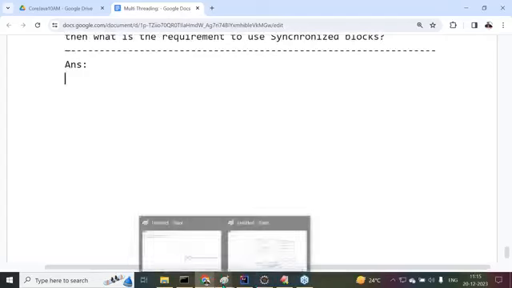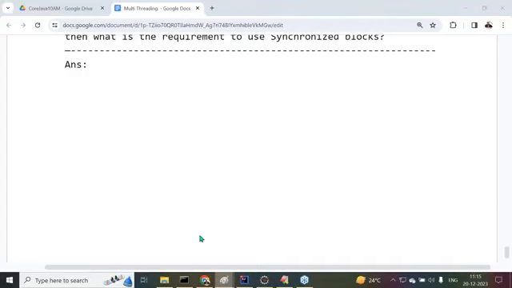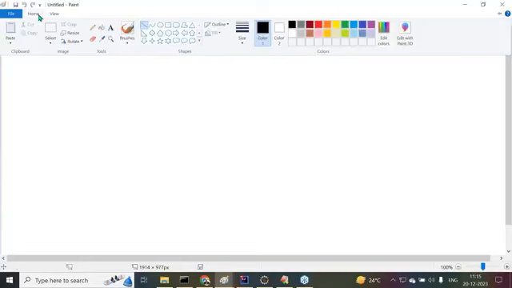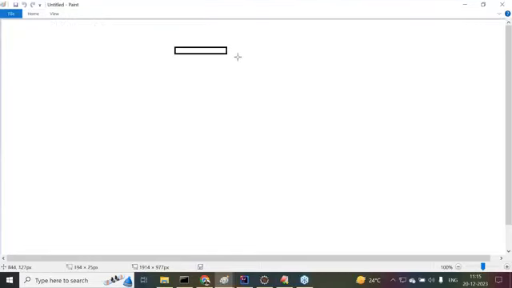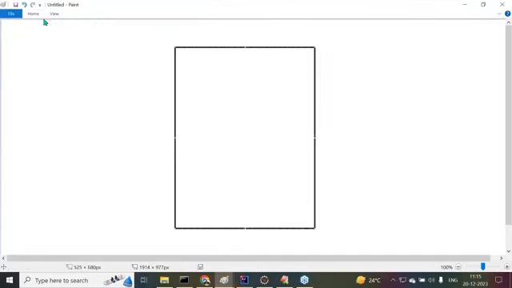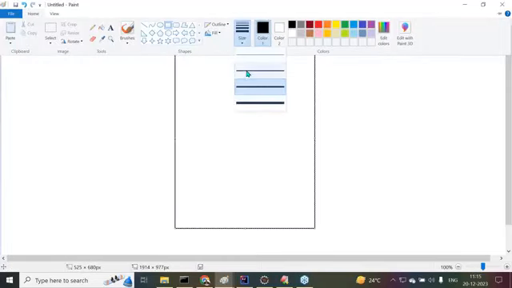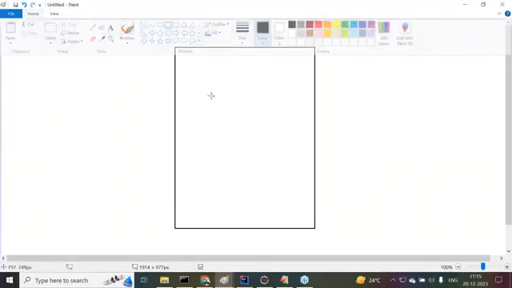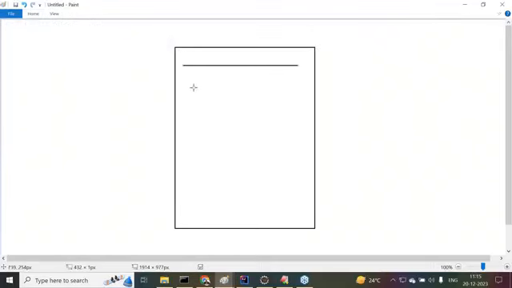First of all, let me explain this part here. After that, we are going to understand it. For example, here I have a program. So this is my program. Inside this program, how many lines of code are available? Maybe for example, 100 lines of code are available.